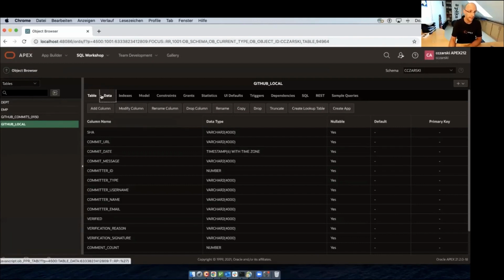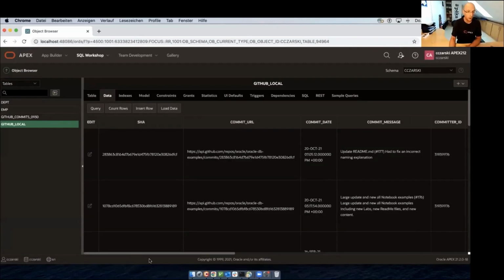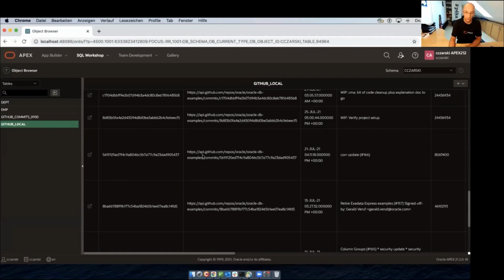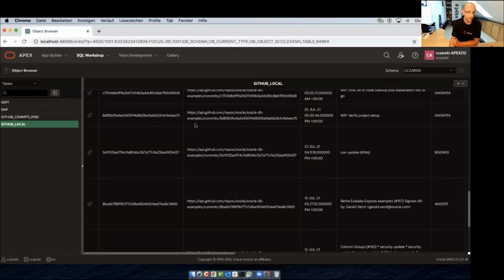And here's our table. And there we are. All the commit information for Oracle DB examples nicely in my local table. Okay, so much about the REST new features. The next thing I would like to show to you is a collection of improvements we did in